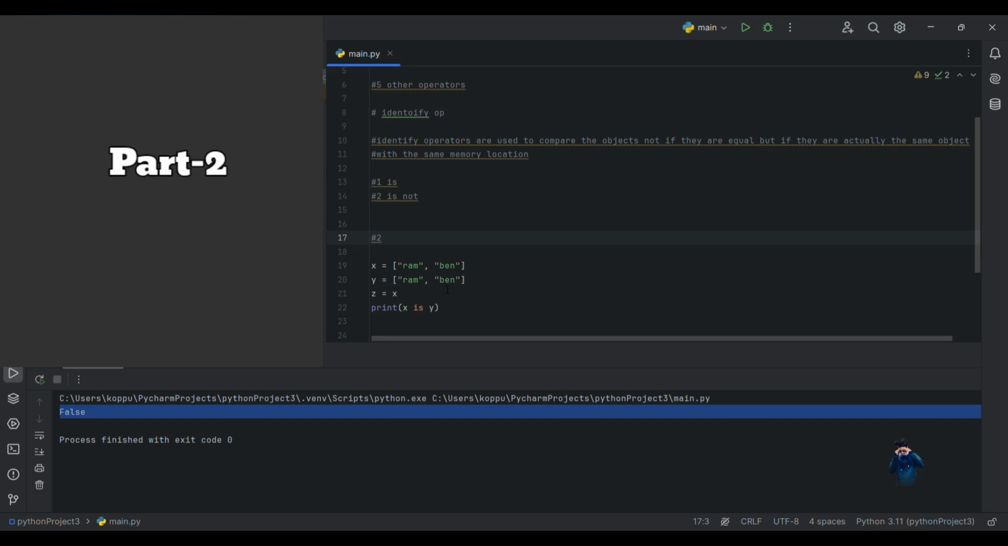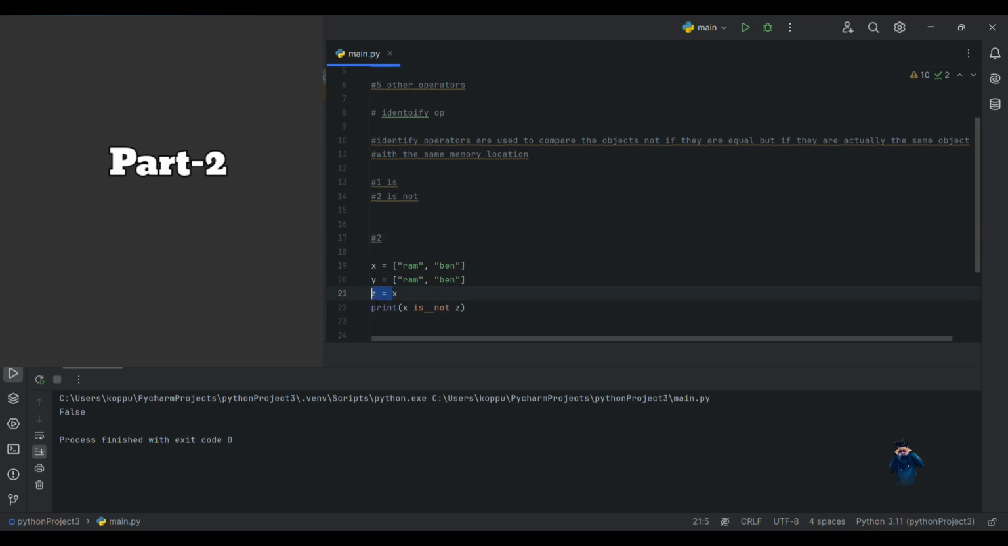In the same way, is not. So x is not z. Executed. x is not z gives False, because x carries z and z carries x, by the way of x is z, so x is not z is False. After that, we want to give x is not y, which is absolutely true. Here we see,